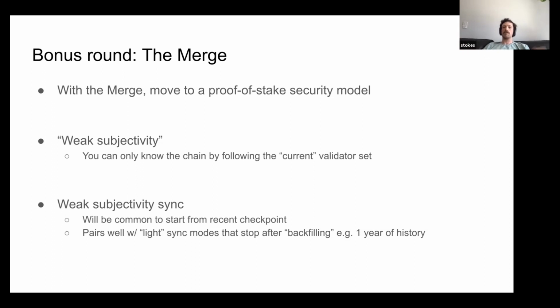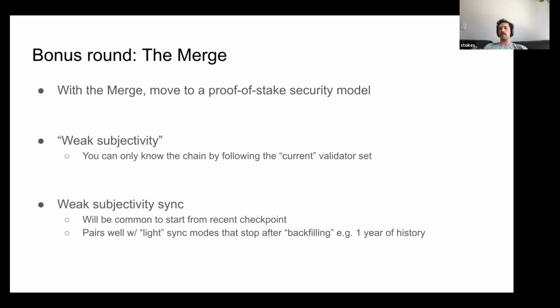And within proof of stake, there's no way to actually resolve that. So in parallel, we were spinning up this notion of weak subjectivity, a way to distribute weak subjectivity checkpoints, a way to resolve this issue of long range attacks. And it turns out that you can actually use this as a sync paradigm, where all you do now is you have a recent trusted checkpoint, say the recent state hash. From there, you can say, okay, now peers on my network, give me the data that aligns with this hash.